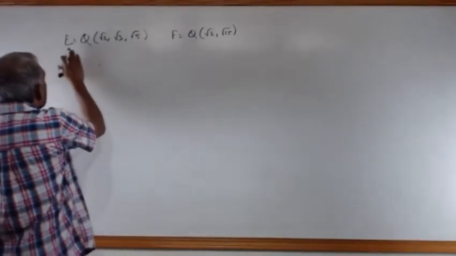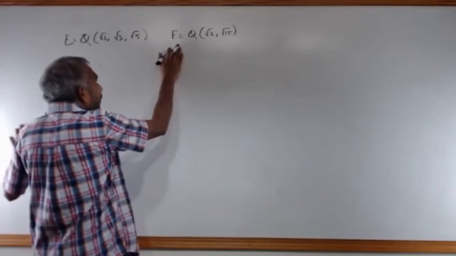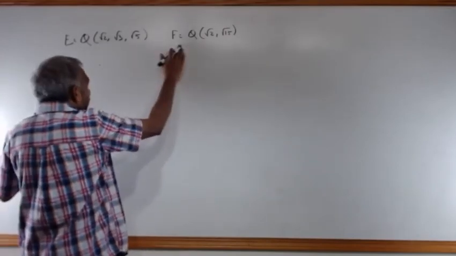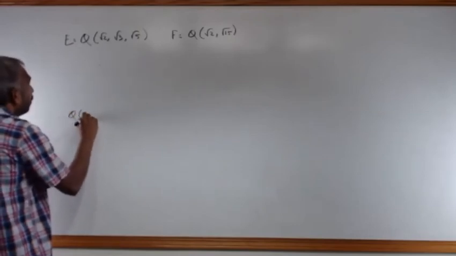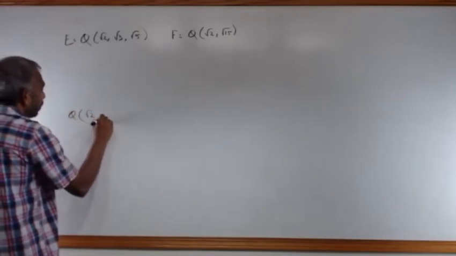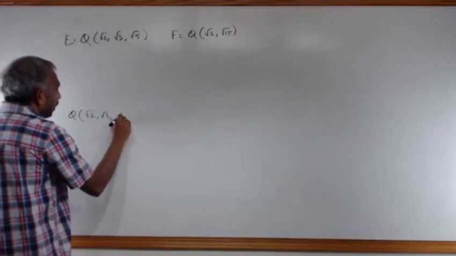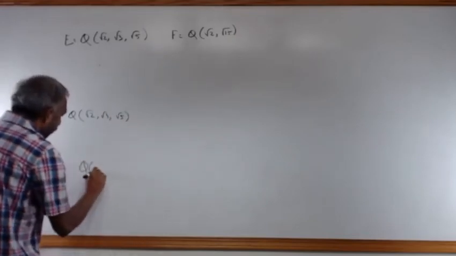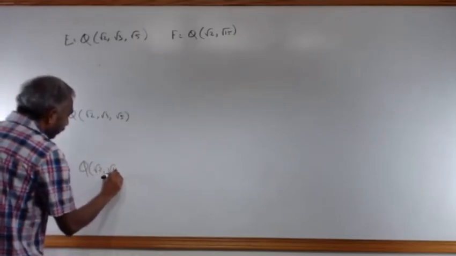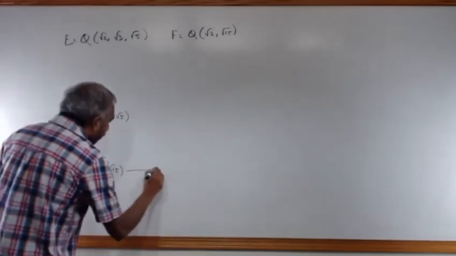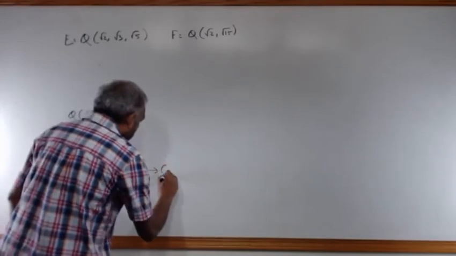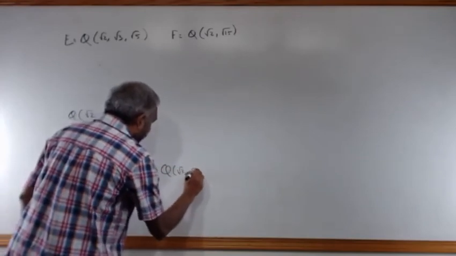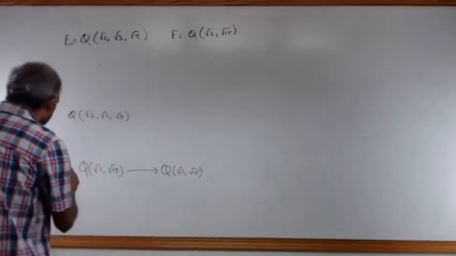Definitely E is an algebraic extension of F. So this is going to be Q of root 2 comma root 3 comma root 5 and Q of root 2 comma root 15. And we are going to define a map from Q of root 2 comma root 15